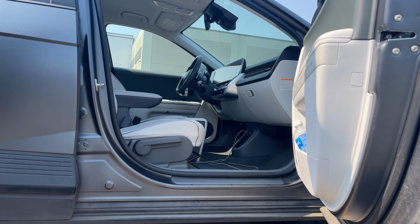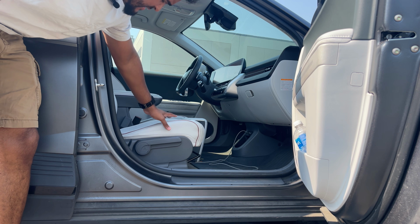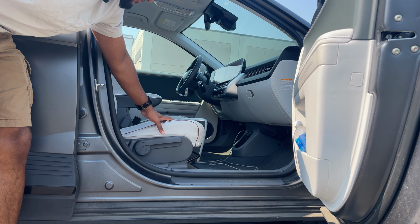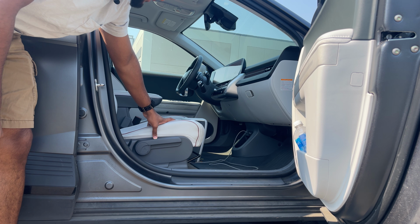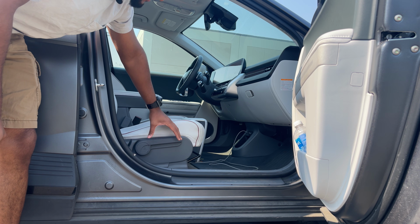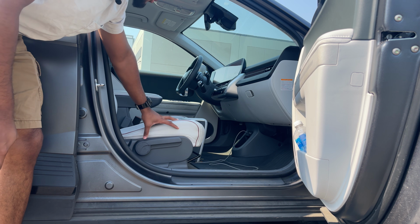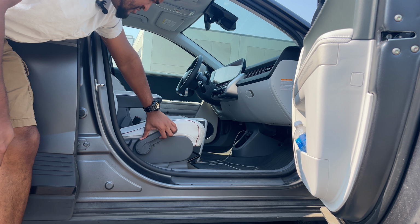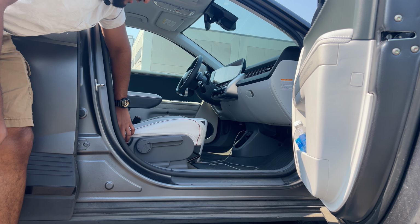Something else that strikes me as bizarre is actually the way that the passenger seat works. So this is the passenger seat. There's the passenger seat and the other seat as well in the back. How you need to have this manual seat adjuster doesn't make sense to me. I feel like the technology in this vehicle is advanced enough to where you should not be needing to use this feature. So the only way to move this is you move this up, or